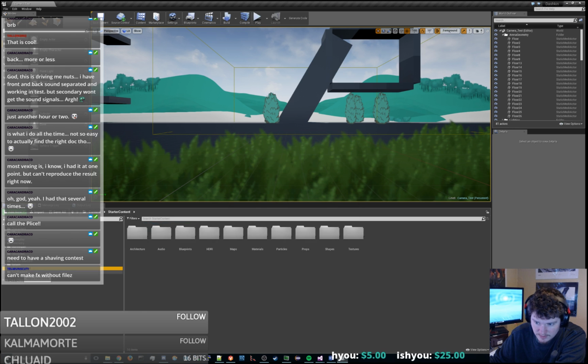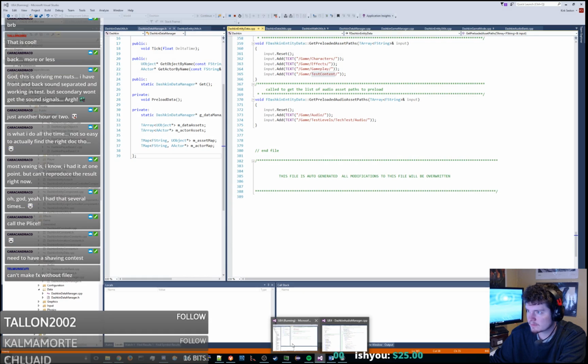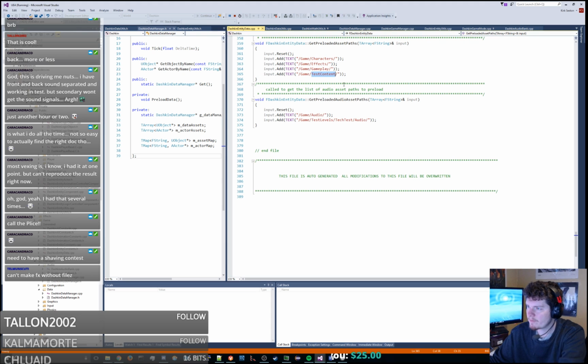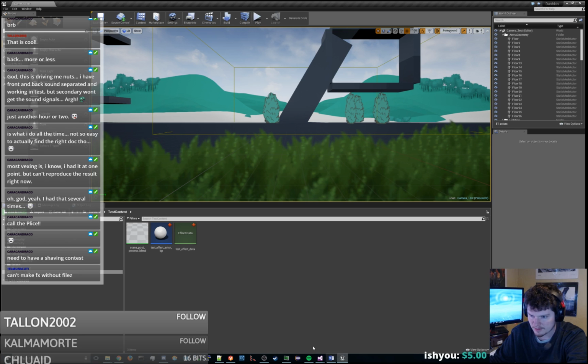Why didn't test content have anything inside of it that we scanned? I think we got everything inside of gameplay and characters, but we didn't get anything inside of test content. Did we get